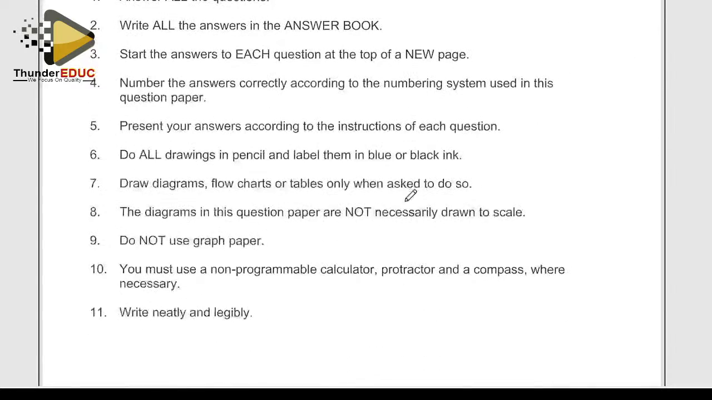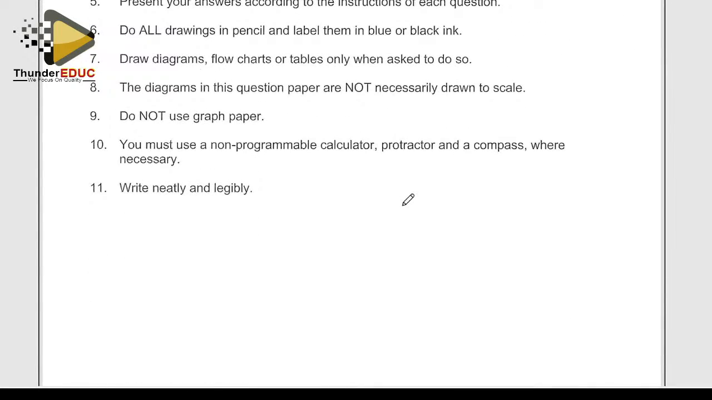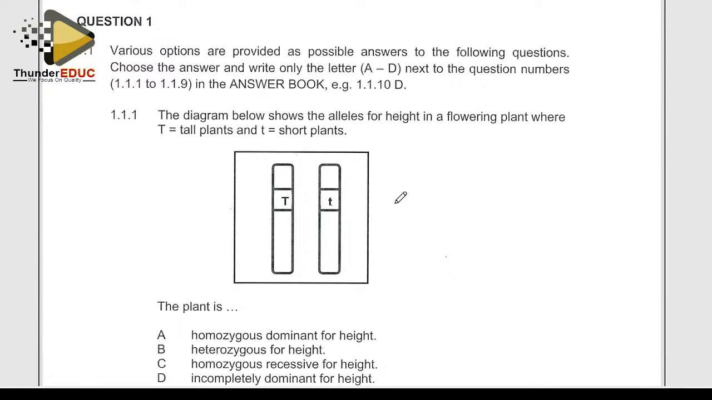You know me, I don't go through instructions. You're supposed to do that every time you go through the paper. As usual, the first question is saying, various option chart. The diagram below shows the allele. When you say allele, it means this. Allele for the height in the flowering plant, where capital T is dominant and small t is short, meaning